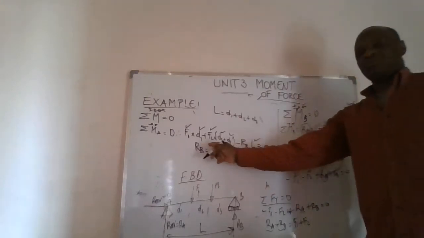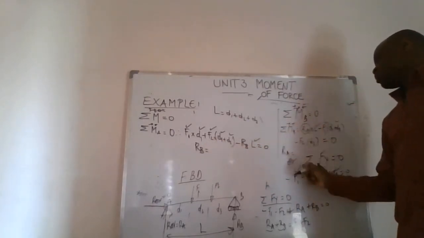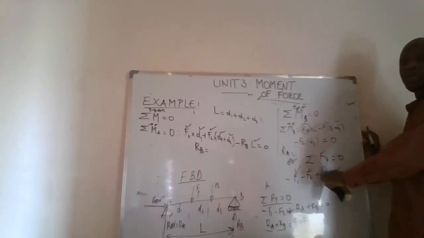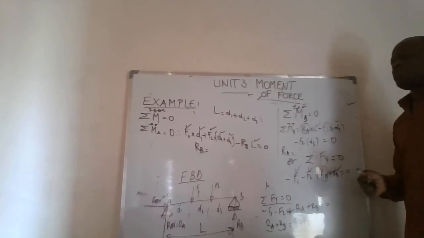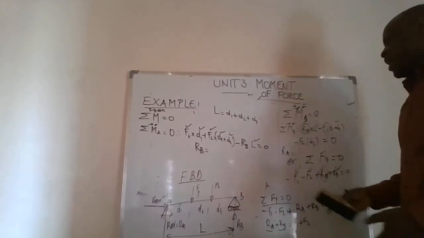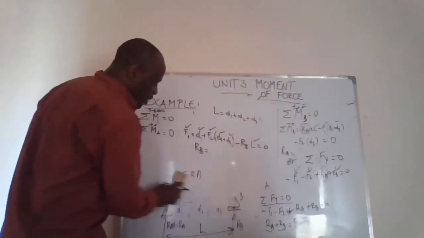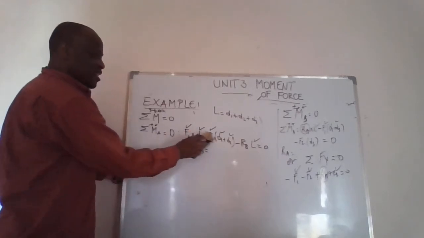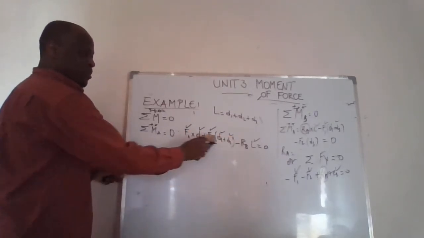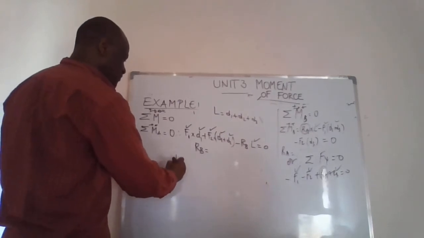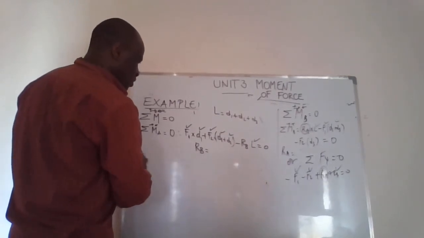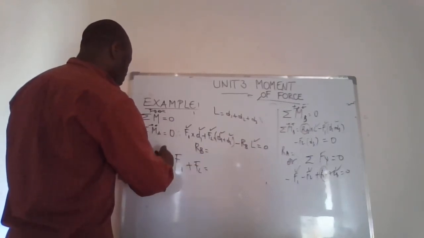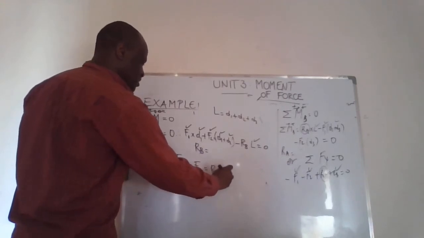It means once we've calculated one reaction, we can use it for the second reaction. We can either use the equation of moment or use one of the equations of the first condition of equilibrium and get the support reactions. And after doing this, we always have to do the check. The check is important because we may have made a mistake in the moment arms, in the perpendicular distances. Always check if the sum of loads on your beam is equal to the sum of your reactions to confirm